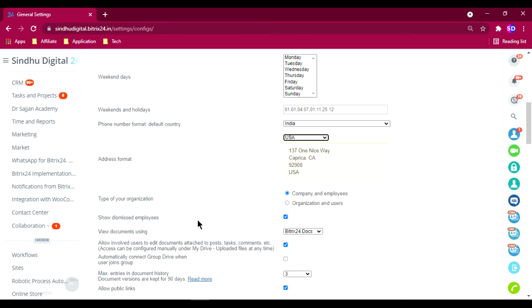Okay, so if you want this unchecked, or you directly want to dismiss and you don't want him to be in the trash bin, you can just unclick it. Okay,